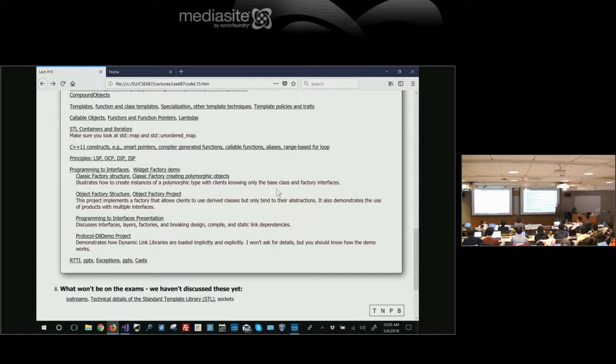C++11 constructs: smart pointers, compiler-generated functions, callable objects, aliases, range-based for. All of these things you need to know enough to write code effectively, okay? And for the compiler-generated functions, you need to know all the details. When will a void constructor be generated by the compiler?